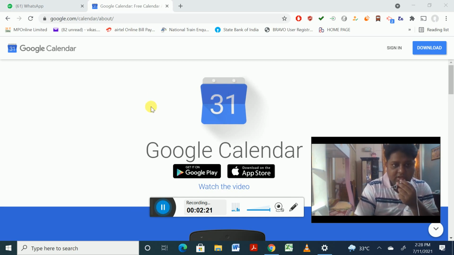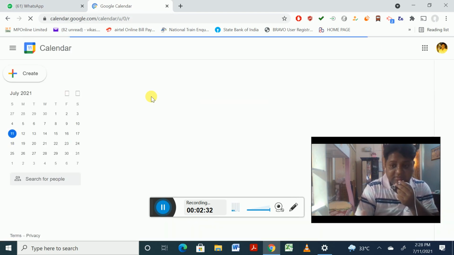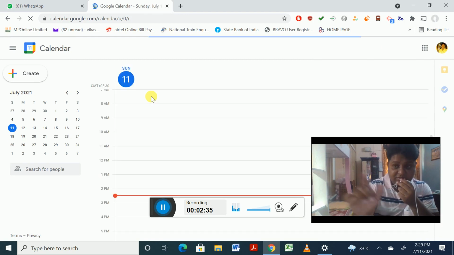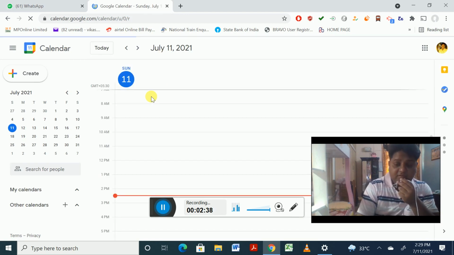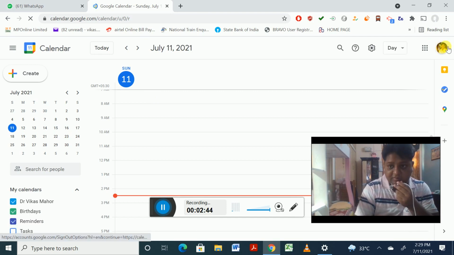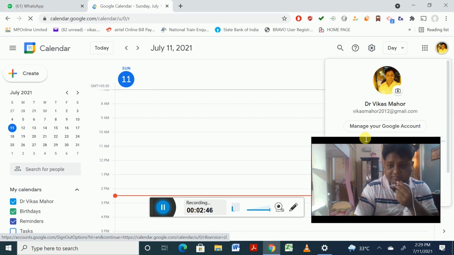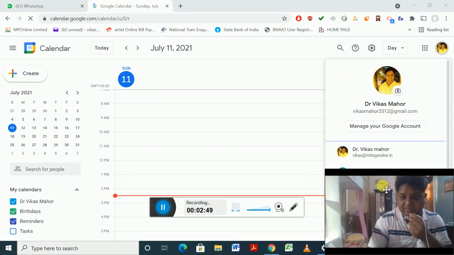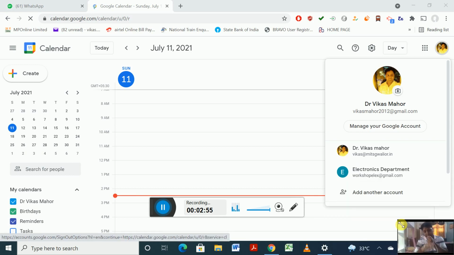Fine. So just go to sign in. I hope everybody is using Gmail. I know everybody uses Gmail. If you do not have Gmail, just make a Gmail ID. As soon as you click on sign in, the default Gmail ID which you are using will be in front of you. Otherwise, a window like this will be in front of you, asking which Gmail account you want to use with your Google Meet, or with your calendar. I have n number of accounts, so I have selected one of the accounts.